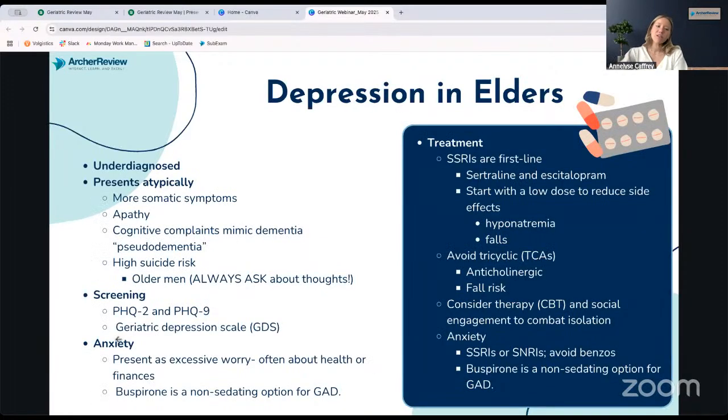Okay, depression. This is the last thing we're going to touch on in that trifecta of dementia, delirium, and depression. Depression in older adults is really, really underdiagnosed. A lot of people just think, yeah, they're old. Old people are sad. Old people spend a lot of time alone. Old people have nothing to live for. There's a lot of stereotypes and ageism out there that is not accurate about older adults.